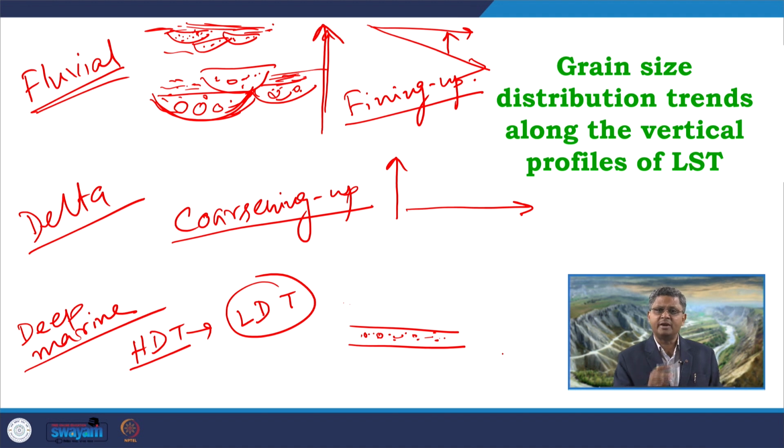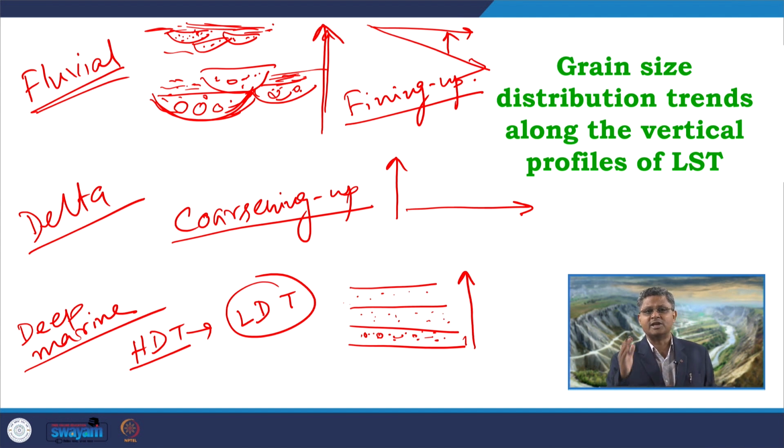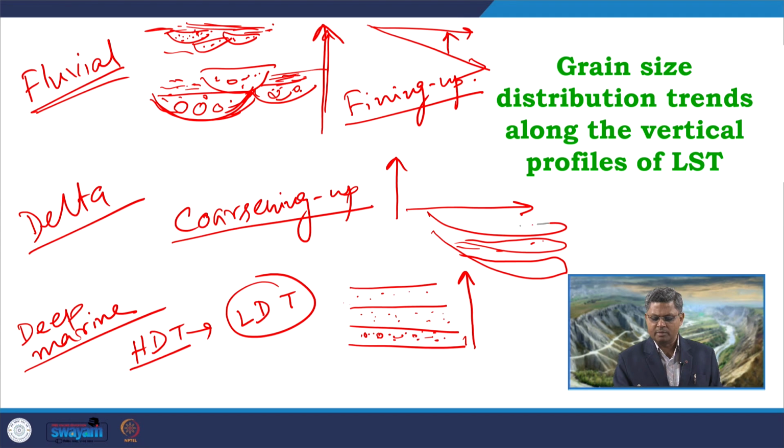When the next phase of turbidity current is deposited during the LST, the supply of coarser clastics is further less. So we can expect the next turbidite deposit to have relatively finer grains with respect to the first one. When the next turbidite is deposited, we will have further finer sand deposited over here. So what we are expecting is a gradual decrease in grain size within the low density turbidites as the LST progresses. Maybe the first turbidite deposit was deposited like this, the second one will be deposited on this like this, the third one may be like this.